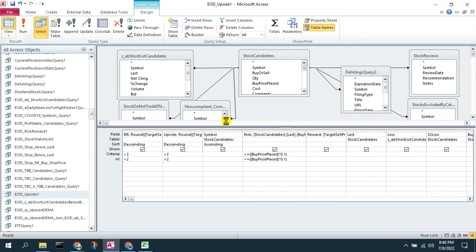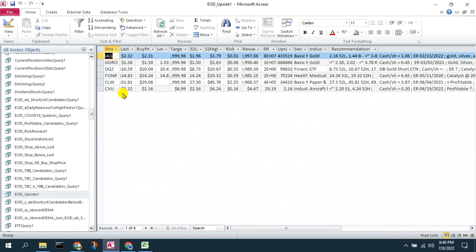So if we run that query, then these are the few stocks that have the most promising upside based on, you can see what their risk is, what their reward is, what their RR factor is, potential upside. So again, these are the ones that currently, based on their current price, have the most potential upside, the best risk to reward profile. So again, then we can just see, okay, where's our buy price, where's the last price,